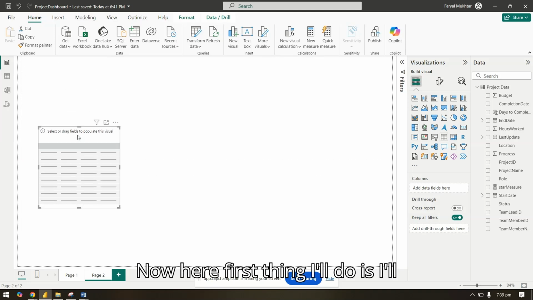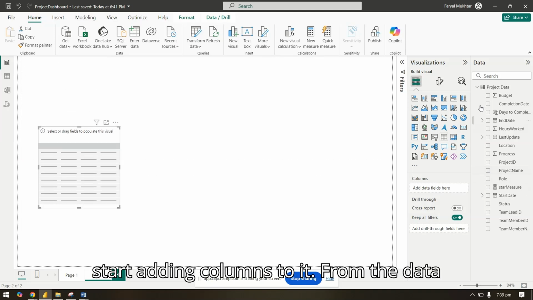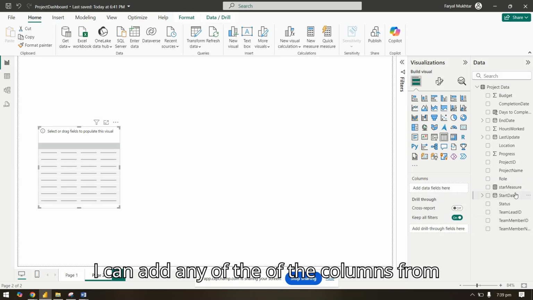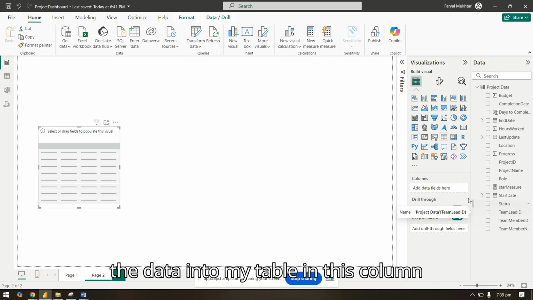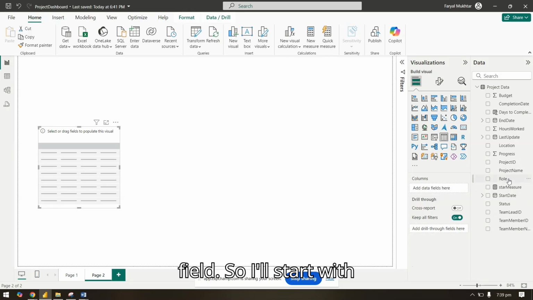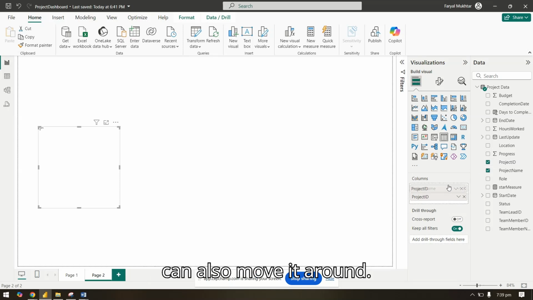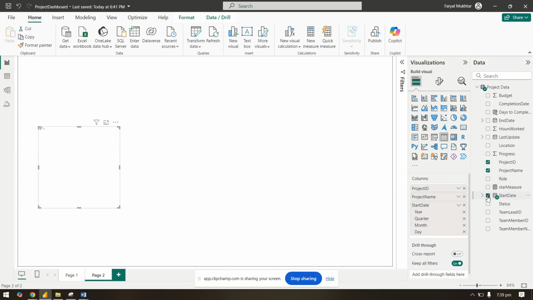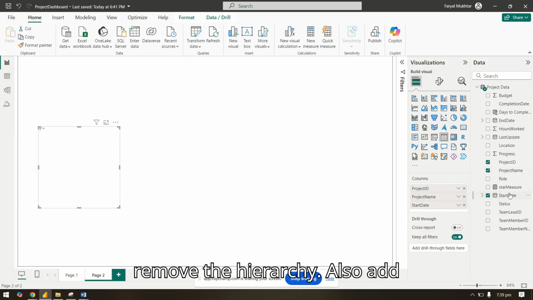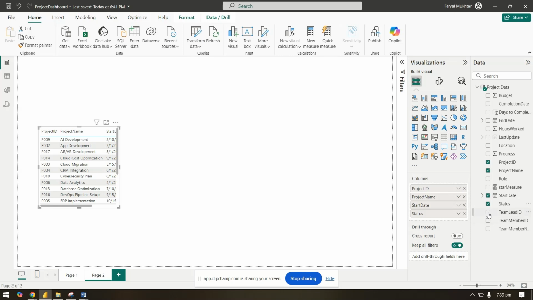Here from the visualization pane I will select table. Now here first thing I'll do is I'll start adding columns to it. From the data I can add any of the columns from the data into my table in this column field. So I'll start with project name, project ID. You can also move it around. I will add start date and I will remove the hierarchy. I will also add status. I will add location,